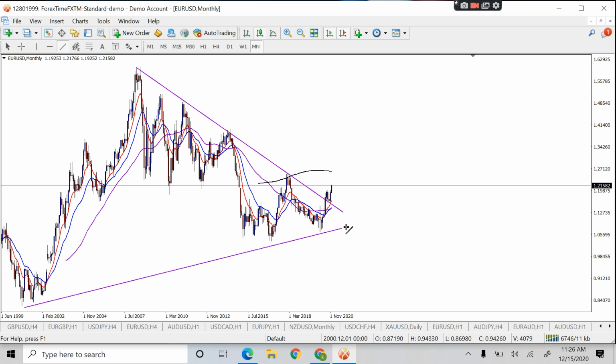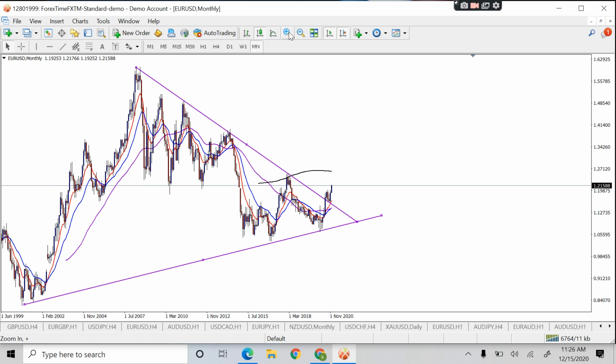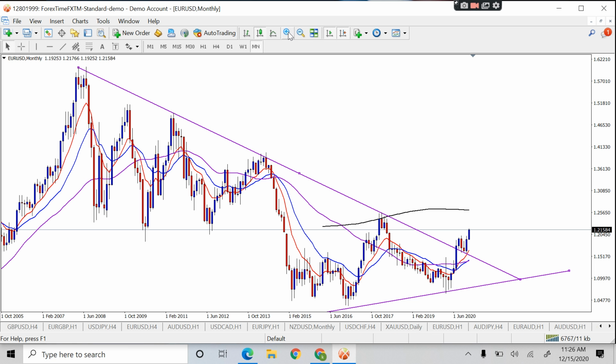You can see that I can draw a symmetrical triangle, and you can see that the pair has broken nicely past the symmetrical triangle. Okay, so it has broken upwards. Let me maximize that. So you can see that it broke out of the triangle